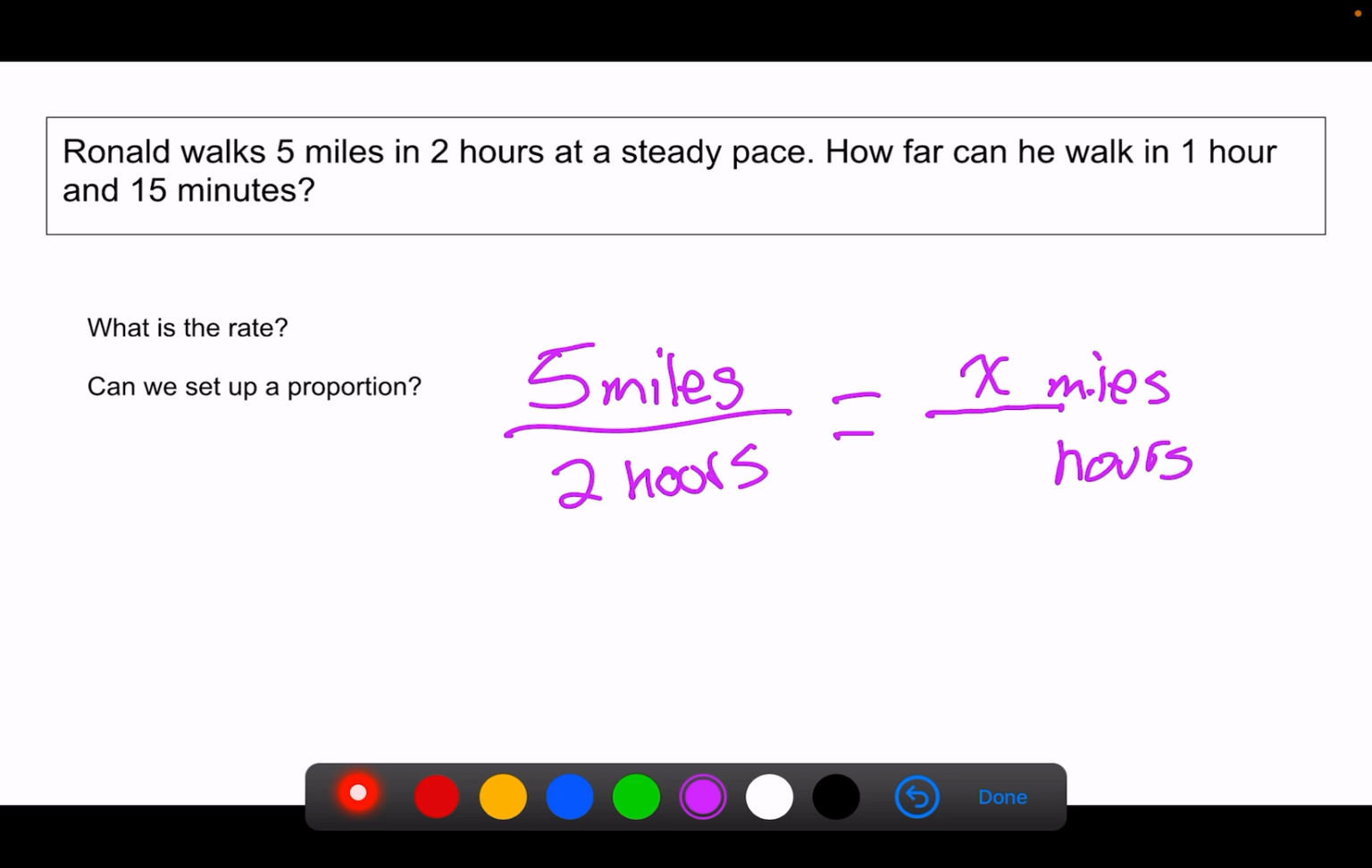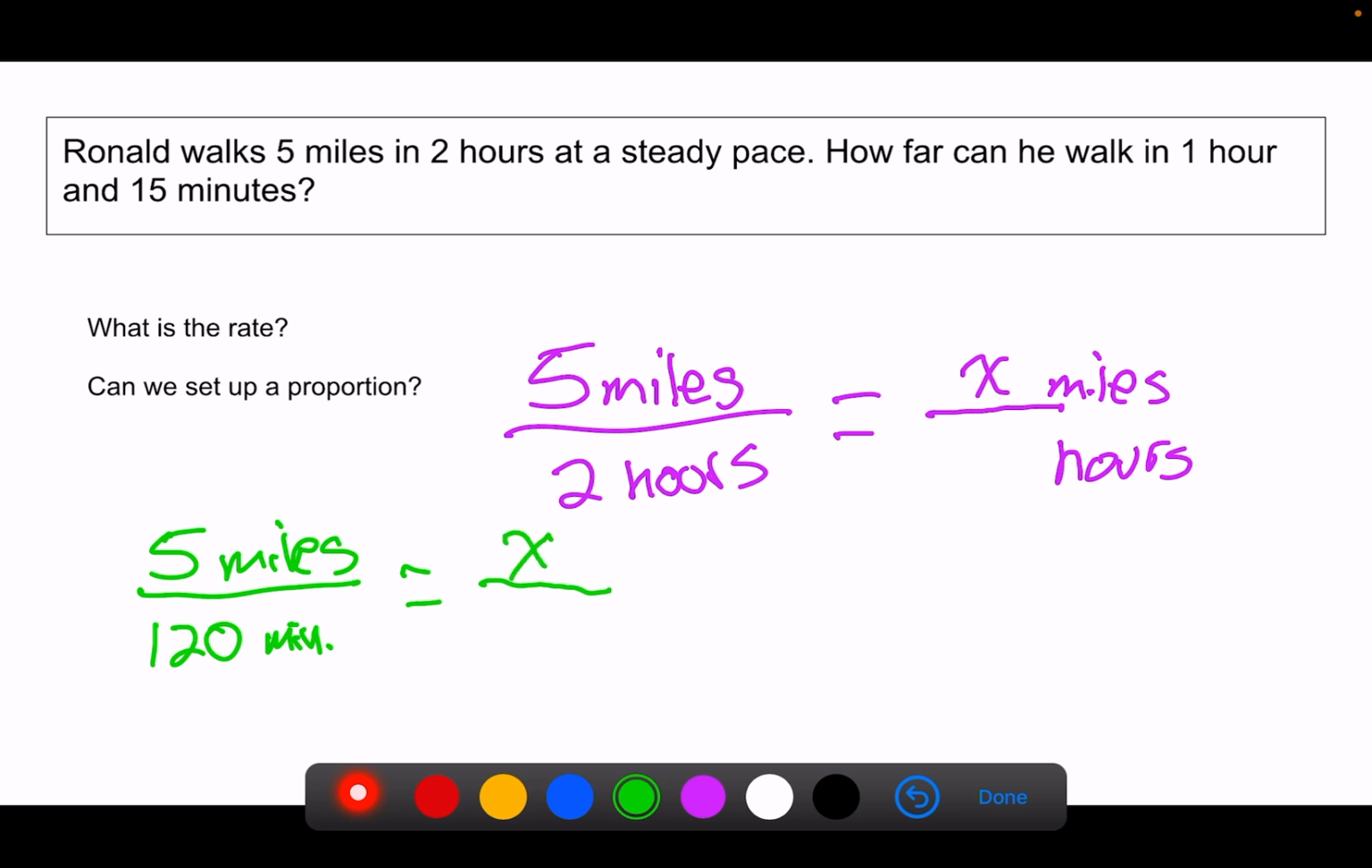But the problem arises right here, where we have how far can he walk in 1 hour and 15 minutes. We have two different units, hours and minutes. So maybe we better not use hours here. Maybe we better use minutes instead. So let's rewrite our proportion to look like this: 5 miles per 120 minutes, because 2 hours is 60 minutes times 2, so 120 minutes. And then I'm going to put X miles